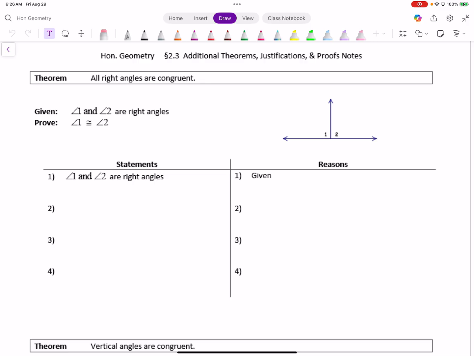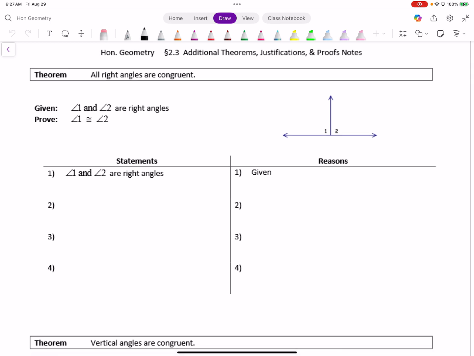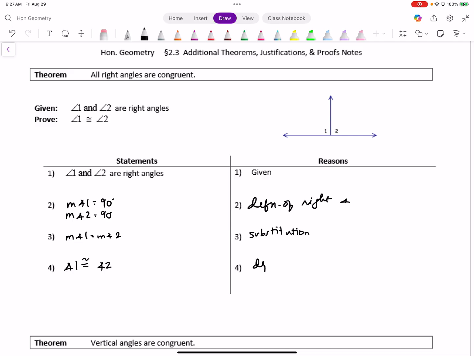Now, if they're right angles, by definition, we know what their measures are. So I know that the measure of angle 1 is 90 degrees, and the measure of angle 2 is 90 degrees, because that is literally the definition of a right angle. Since those both equal 90 degrees, they equal each other. So I just substituted. And if their measures are the same, the angles are congruent, because that's the